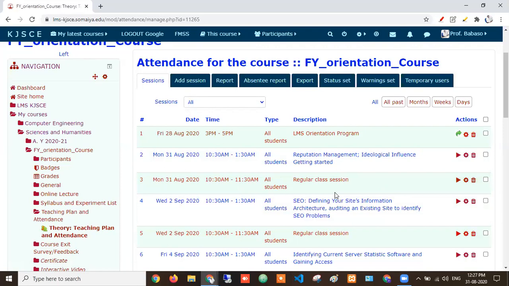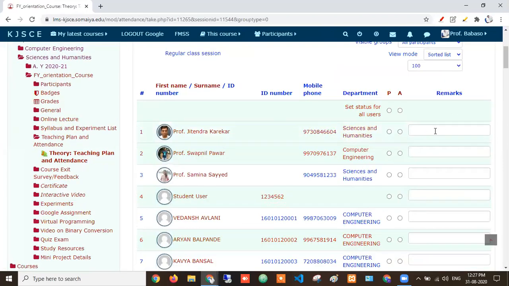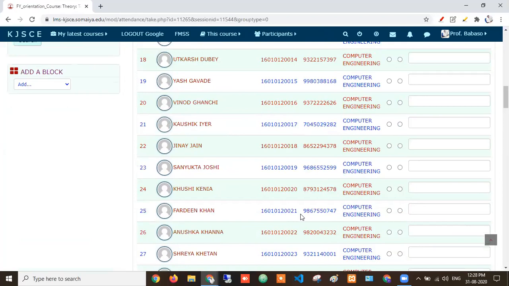I kept this open for 1 hour for students. And in LMS in MITS you can see some students are absent. I am able to see those details in MS Teams. So I just come here and see we have marked this attendance. Whoever marks their own attendance, the remark will automatically be self-recorded. If a few students are absent, I come here and mark them absent, and that's it. They will be absent there.